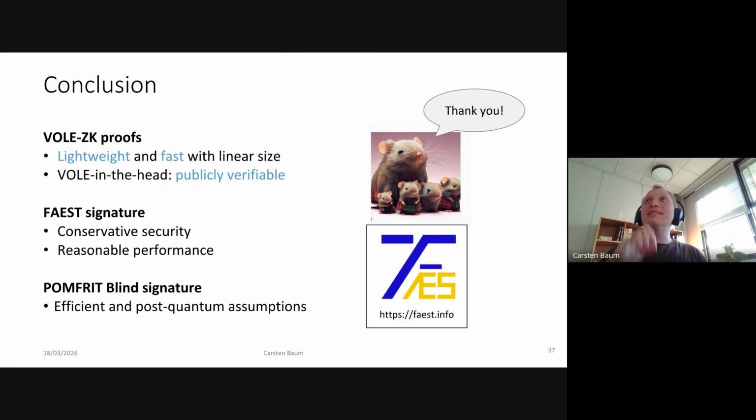That is not so easy in FAEST or versions of FAEST, because the verification has to expand all of these trees to generate these VOLE correlations, and then apply the one-way function on all of this. There's a lot of, like, these 500 microseconds. There's a lot of things going on computation-wise in order to verify the signature.